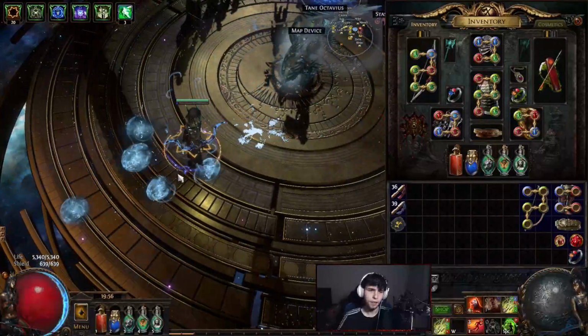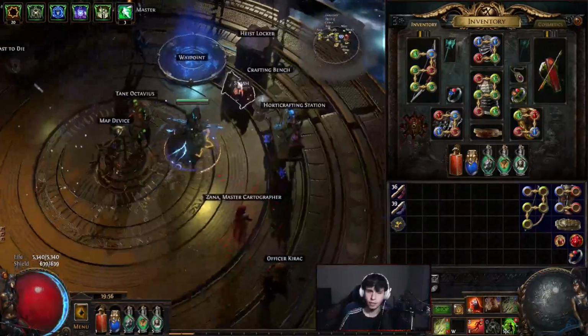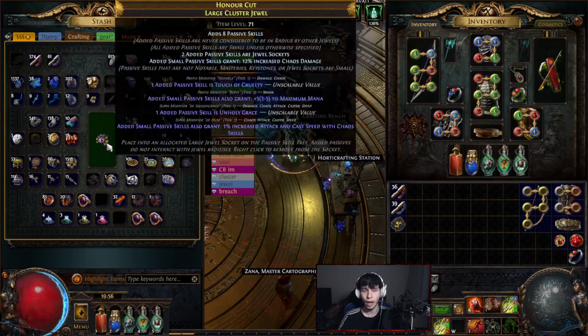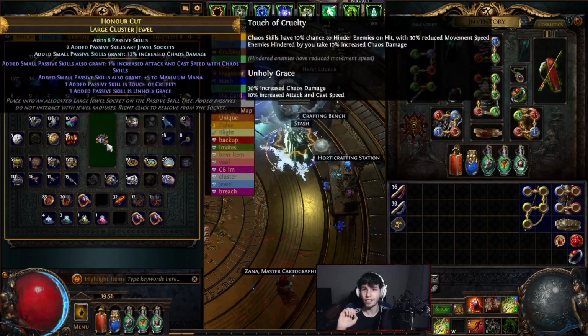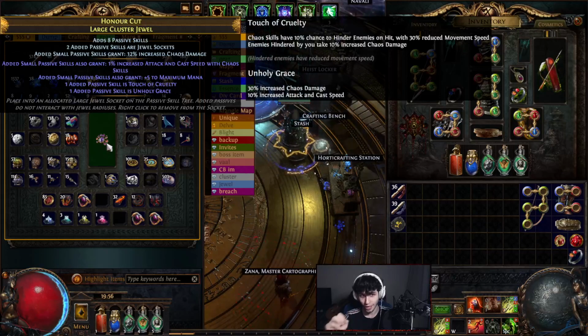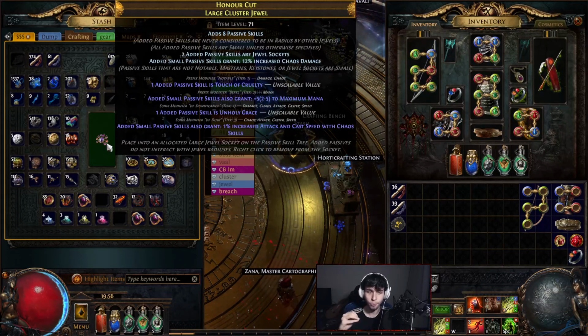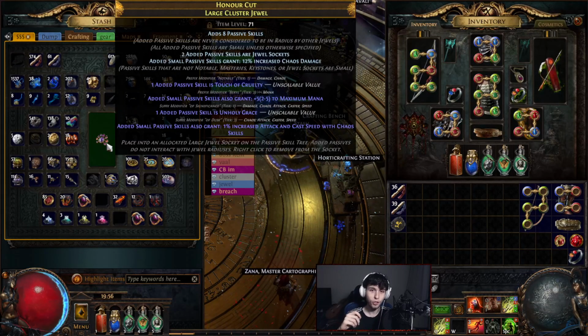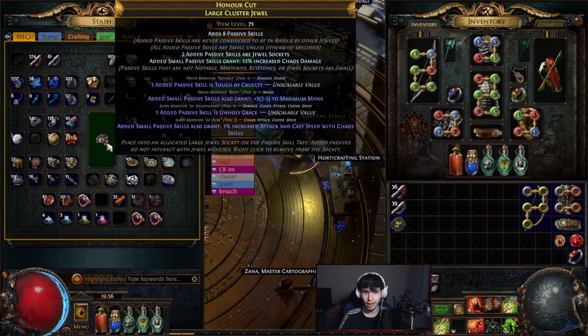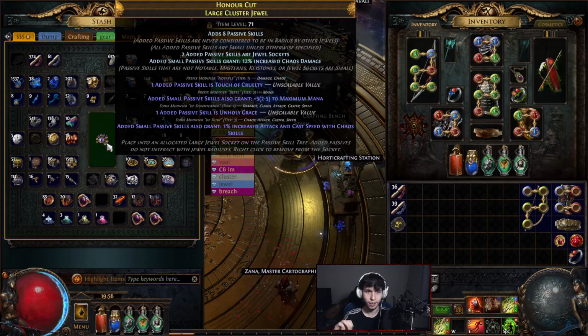So at this point, there's a few things, like the cluster jewel. I think I just want to brute force it. Actually, right now, this cluster jewel is in a really interesting spot because it has Unholy Grace, which I need, and Touch of Cruelty, which I need. However, you'll notice that it's full on prefixes and suffixes. So ideally, what I can do here is hit it with an annul and hope that I take the max mana. If I can get the max mana, so a 1 in 4 chance,